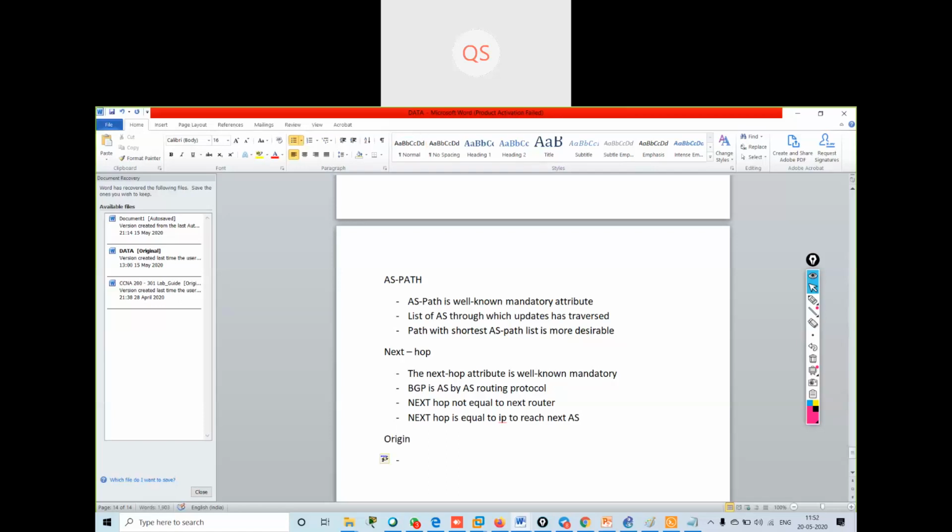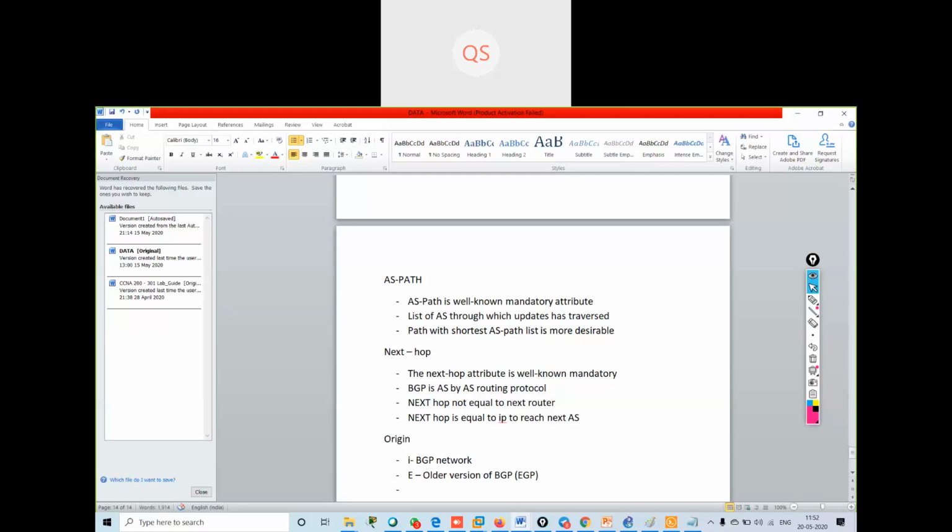Now the last one in well-known is origin. If it is showing you I, then it is a BGP network, advertised in BGP. If it is showing you E, then it is from an older version of BGP; the routes are advertised from the older version, you can say EGP.